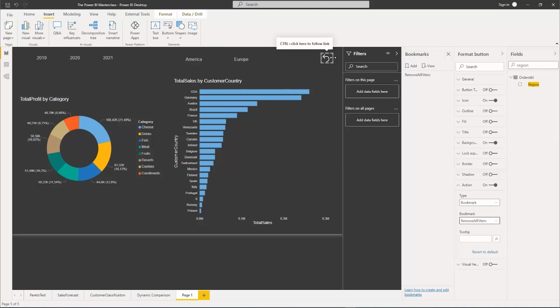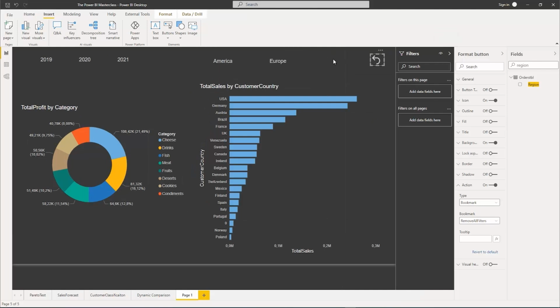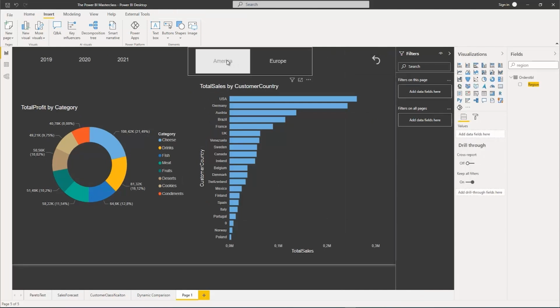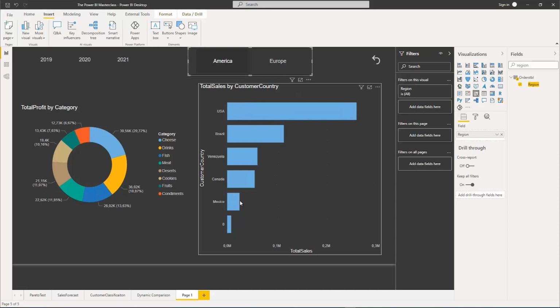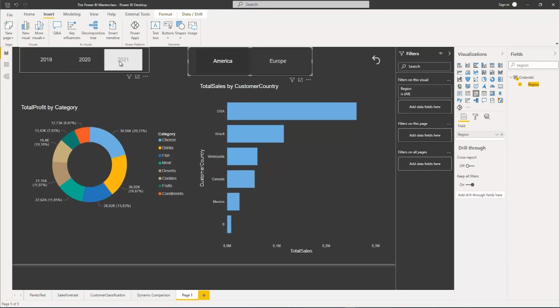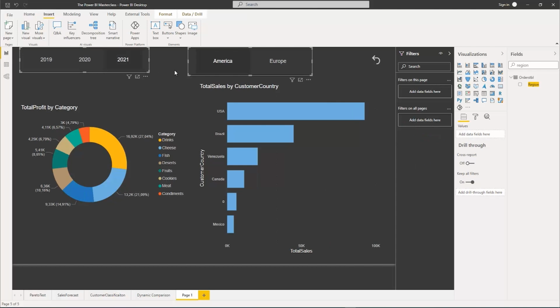And that's all you need to do, because now you can close the bookmark pane here, and if you now do any kind of filtering, so let's click on America one more time, we can see America data, and if I select any kind of year, let's go with 2021, click this option, now I have those two filters applied, 2021 data for American countries. And now if I want to remove those two filters, I simply hover over this, and in Power BI, in the desktop version, I need to hold Control key and click. Of course, if you publish your report later on to the service, so in the cloud or on the server you have, maybe you have an on-prem server, then the report consumer only needs to click the left mouse button, right? But for us now, I need to hold Control key and click, and you will see that we got